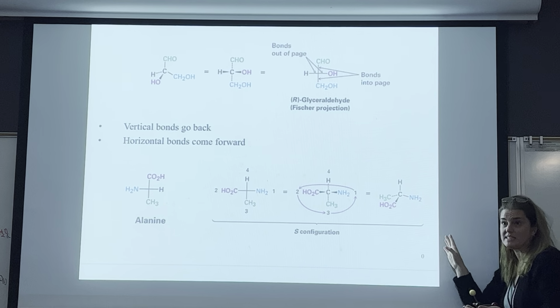And then we talked about slides ago how I said, how do we know what R and S are? And I said, well, those are the Kahn-Ingold-Prelog rules, and if you were to take organic chemistry, the whole year-long series, you would learn how to identify an R and an S. And I said, don't worry about those slides. You guys remember that? And we said, what Kahn-Ingold and Prelog said is, wherever you have the heaviest atom, that's going to be your highest priority, so that's going to be a number 1. So if you look up there,